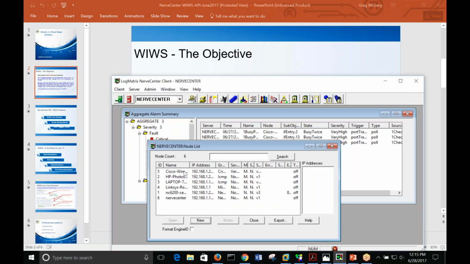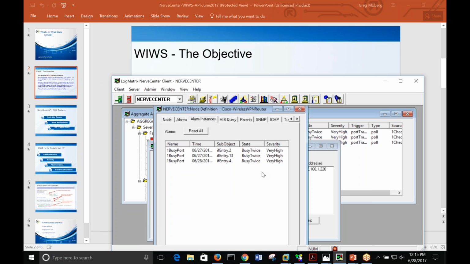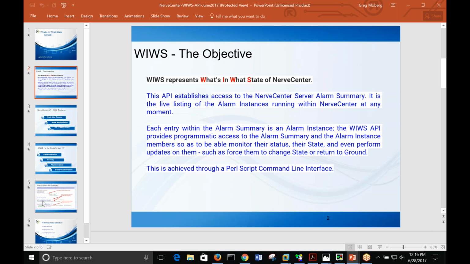But being able to programmatically query this information and leverage it. Again, if I'm driving an external dashboard and let's say I want to use a map and roll up a status of a node, I can look for all the alarms associated with a node and use that to propagate a color change, let's say. So in this case, we see all alarm instances. That's exactly the kind of thing that you're going to be able to query programmatically using what's in what state. The first iteration is Perl based,